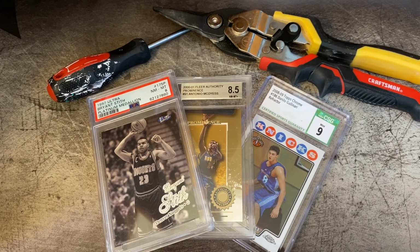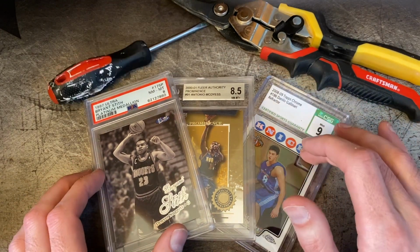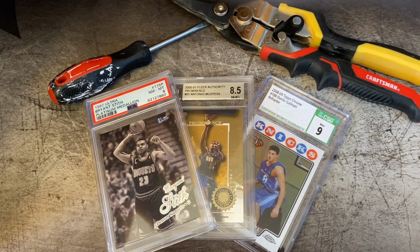Today I'm going to be showing you a safe method to crack your cards out of slabs. I've got a PSA, a BGS, and a CSG to show you. And if you watched my last mail on Hobby Talk, I did mention that I was going to do an